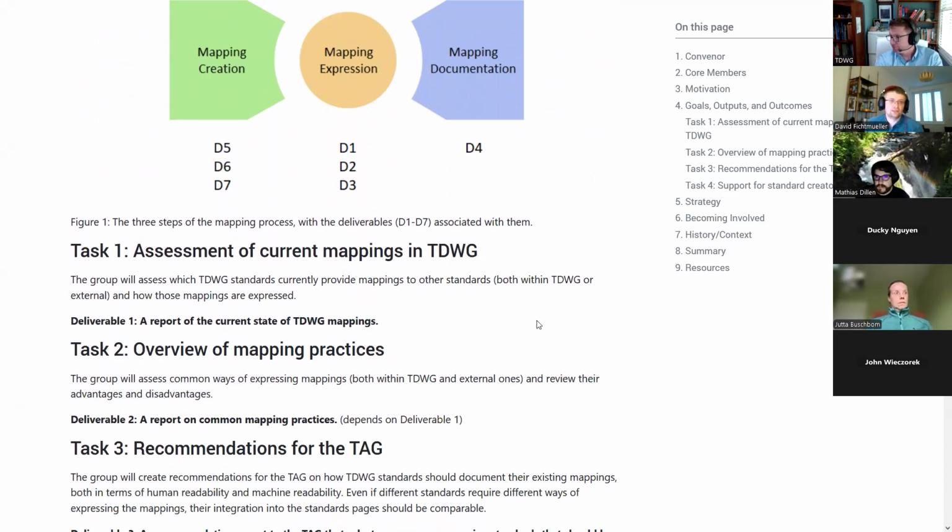So first one is about assessing which mappings are currently used. And then based on that, we want to prepare an overview of what are common mapping practices, not necessarily limited to the ones currently being used, but also look at other options.